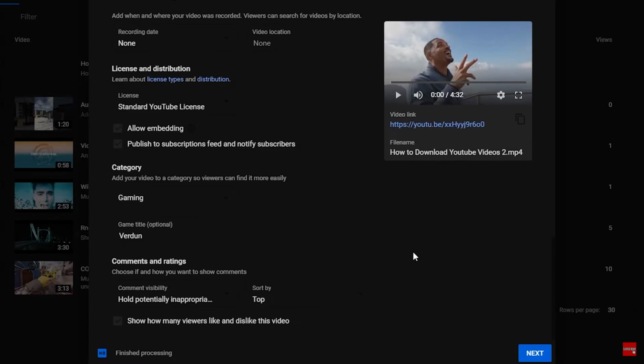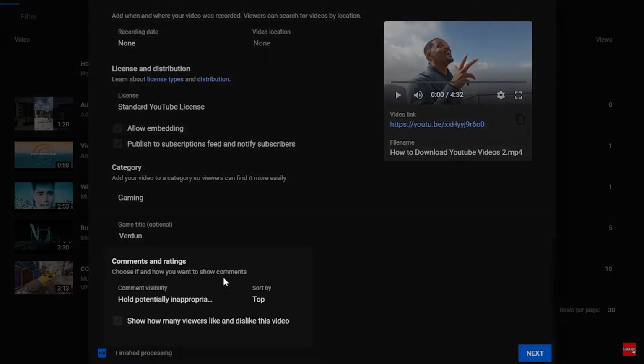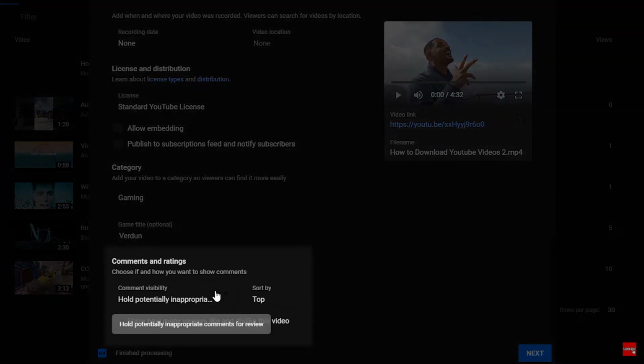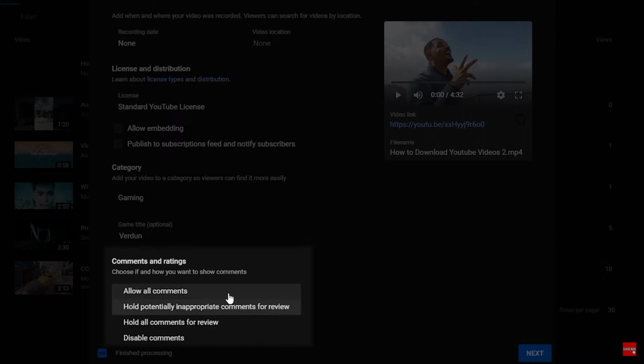Below that, there are 2 more options that you may want to consider changing. The first is comment visibility. That will allow you to decide how comments display on your video. For example, if you click allow all comments, it's going to automatically allow all comments, or if you hold all comments for review, when someone leaves a comment, it's going to send it to your YouTube dashboard where you can either approve it or deny it before it actually goes live on the video. You can disable comments, which obviously disables all comments, or you can hold potentially inappropriate comments for review,